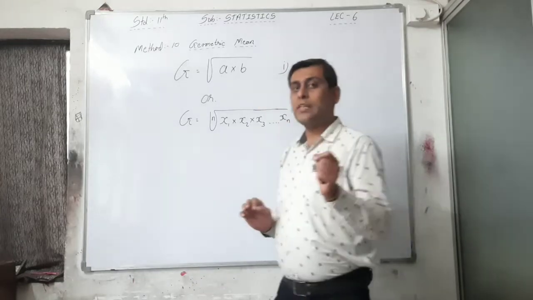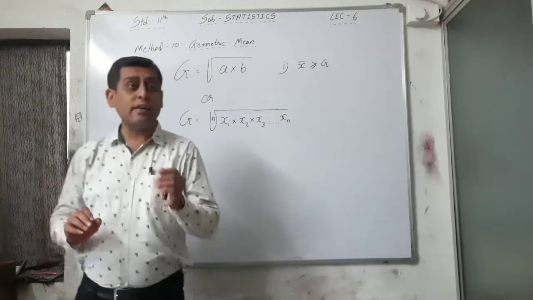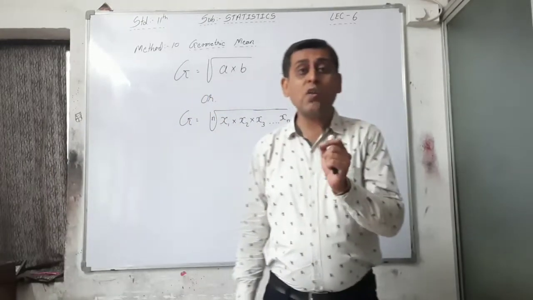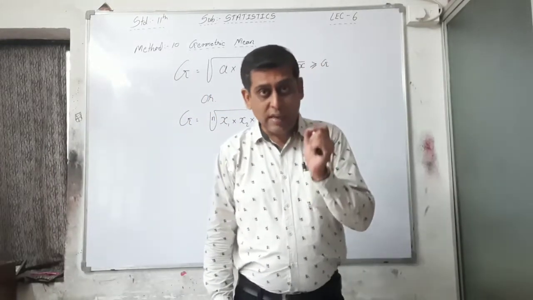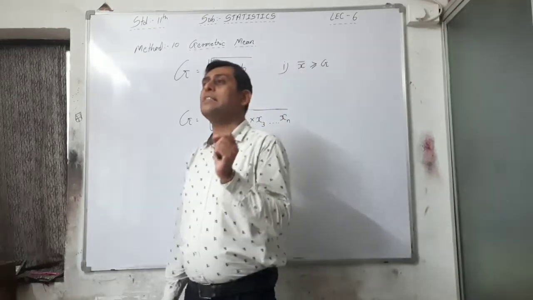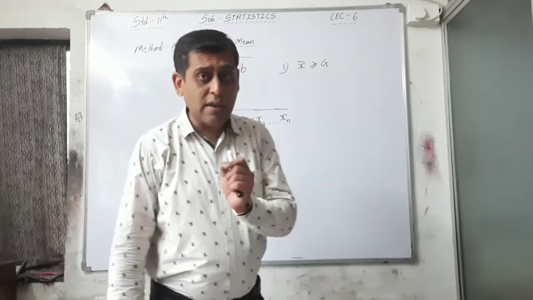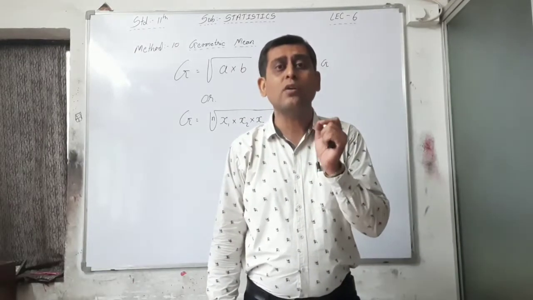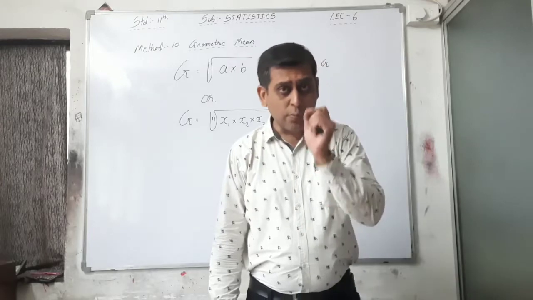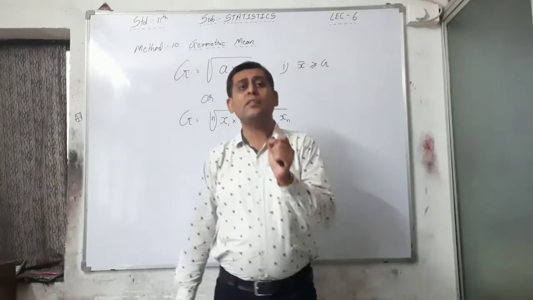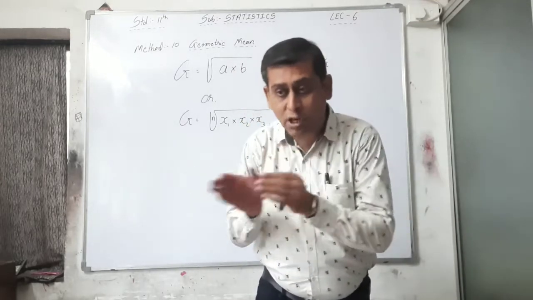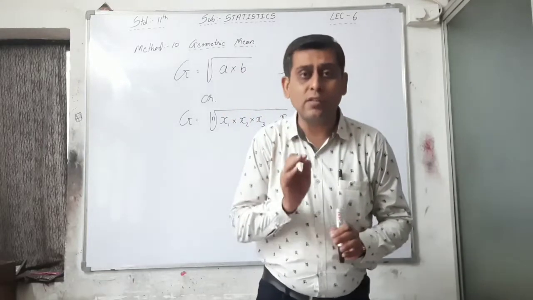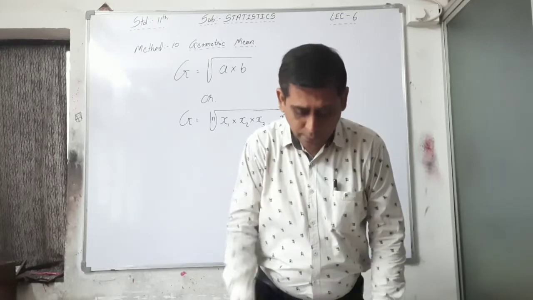So whenever I am saying that this is the rule, you have to write it in your example book with your formula: whenever an increase in percentage or decrease in percentage is given and you have to find the mean, then at that time you have to take the geometric mean. Okay, so please write all these things. Whenever I say that this is the method to find this, or this formula is used, you have to write this compulsorily in your example book.